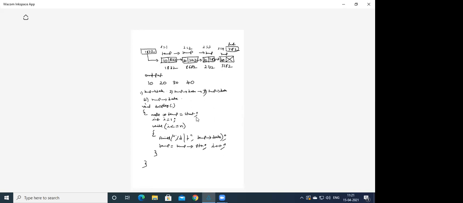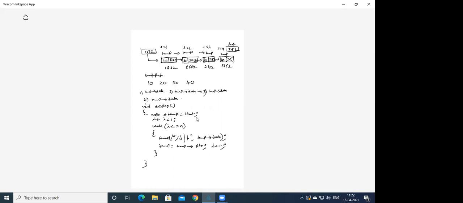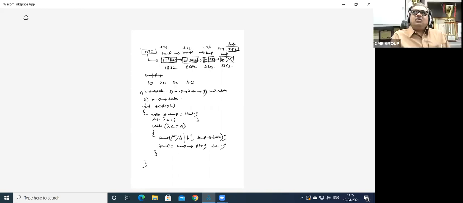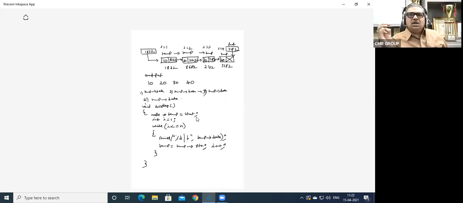Sir, we have declared n value as 0 now, sir. Initially you declared as 0. Yes, sir. Afterwards, when the node is inserted or node is created, n plus plus is being done or not? Yes, sir. So the value of n increases or not? When 5 nodes are inserted, then 5 times n value gets incremented. So it becomes 5 or not? Yes, sir. Okay, sir. Yes. Any other doubts anybody has got?